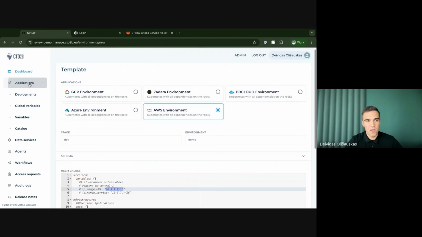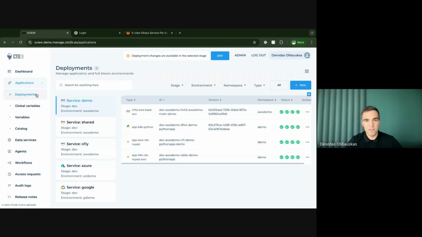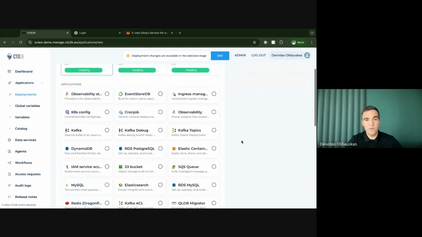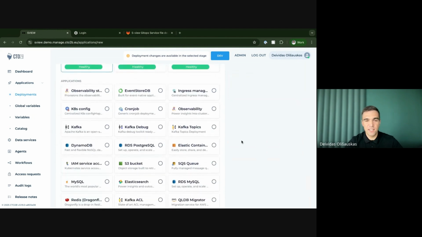Simplification topic. Once we have environments up and running, we of course need to deploy something into them. To do that, we go to the Deployments tab, and here as well we have a 3-step approach. We just press New. We select first of all to which environment we want to provision something. Let's say the AWS one. Then we get a full list of different application components,